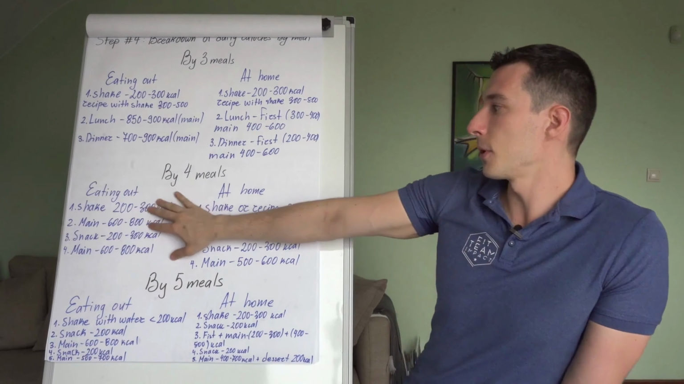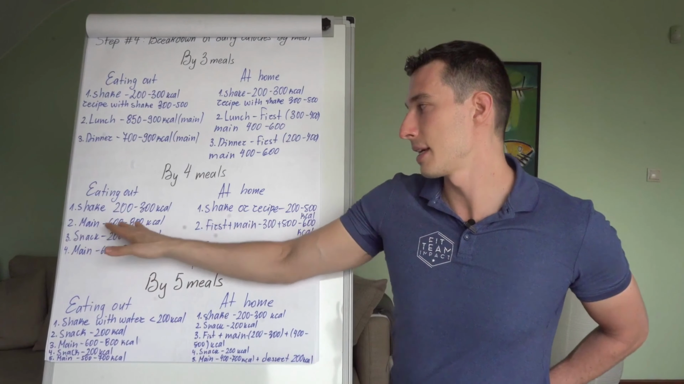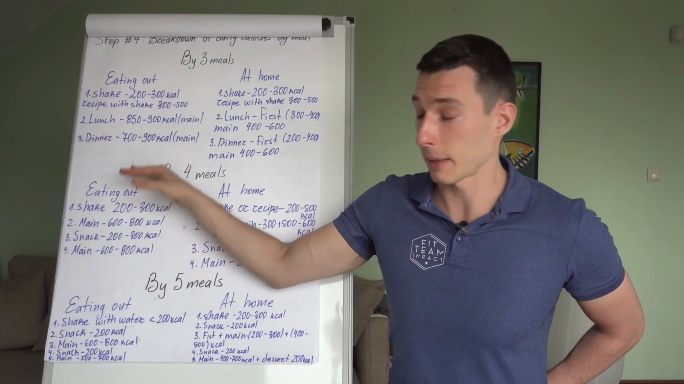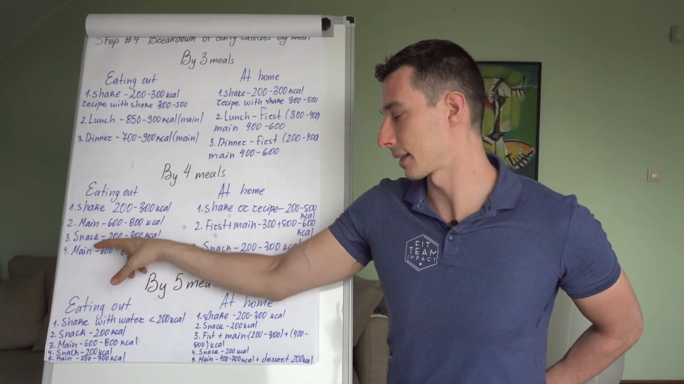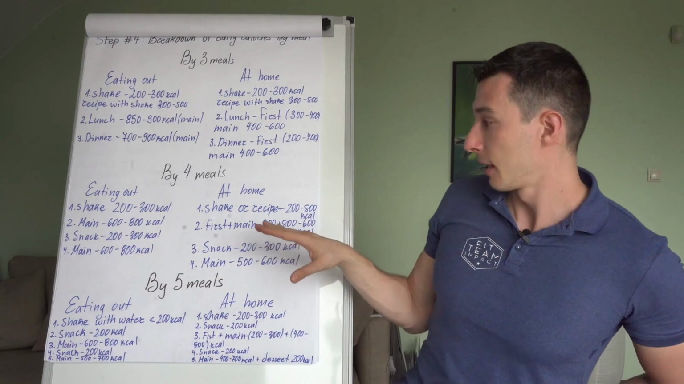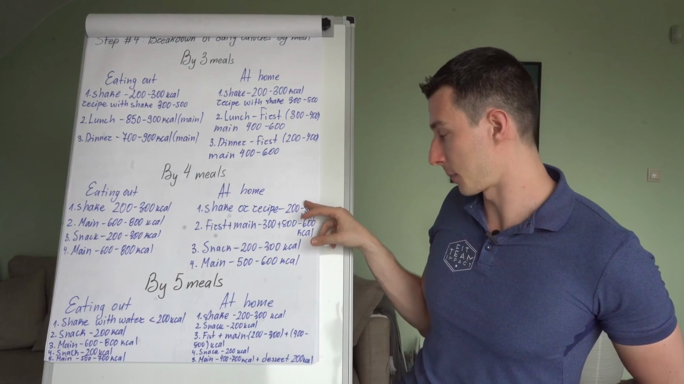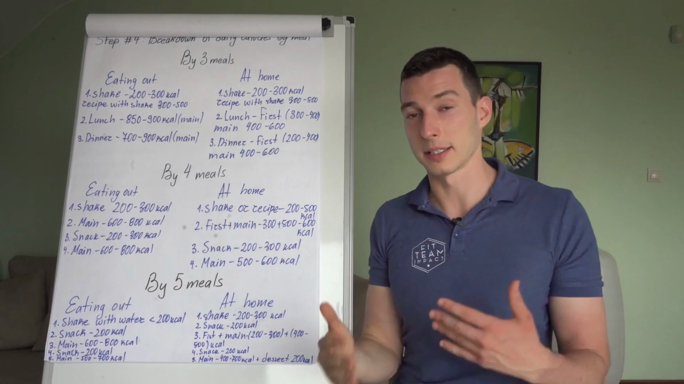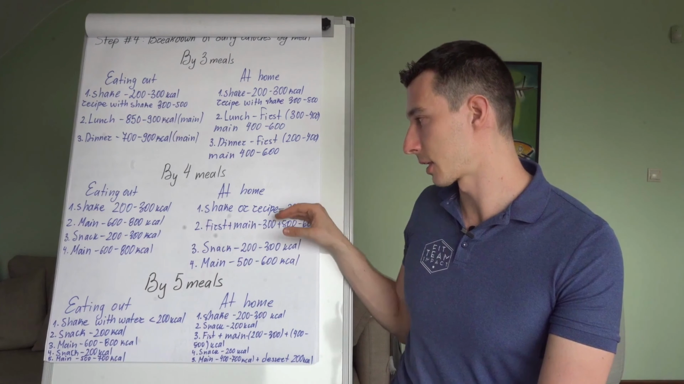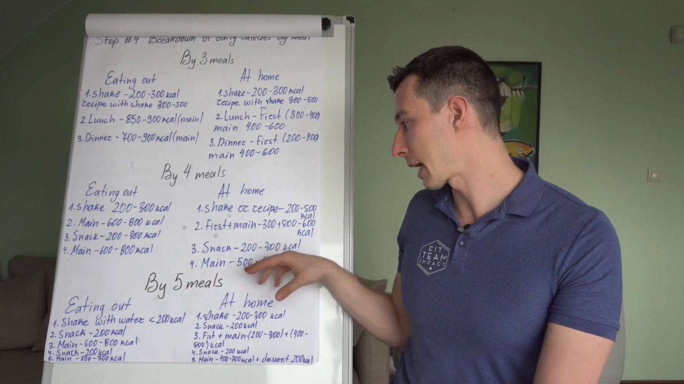Now, if you want to do 4 meals, if you're eating out, again, shake 200 to 300 calories, main 600 to 800 calories. You might have a little snack in the afternoon, and I'm going to give you some ideas in just a second, 200 to 300 calories, and then for a main, another 600 to 800 calories. If you're eating at home, shake 200 to 500 calories. If you do the recipe, it goes a little bit higher because we add some extra ingredients. If you do a main, 300 plus 500-600 for the main dish, then a snack, 200 to 300 calories, and then